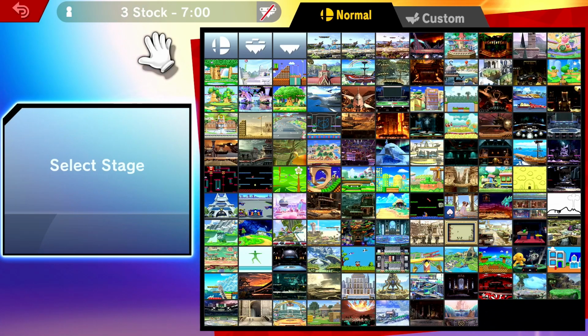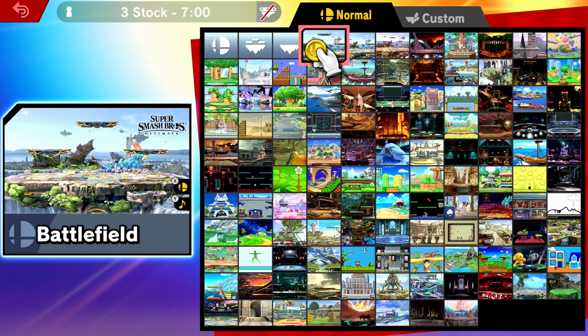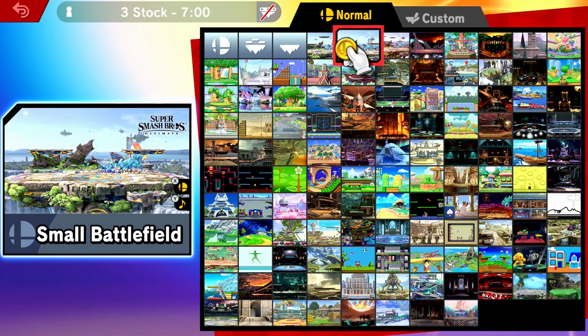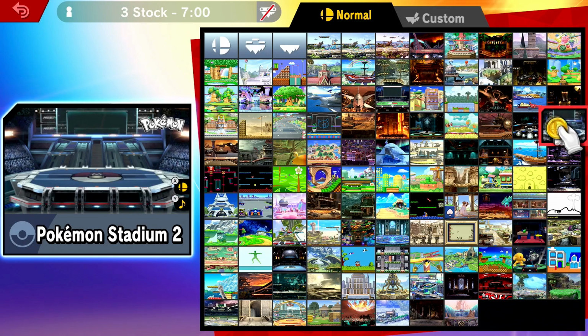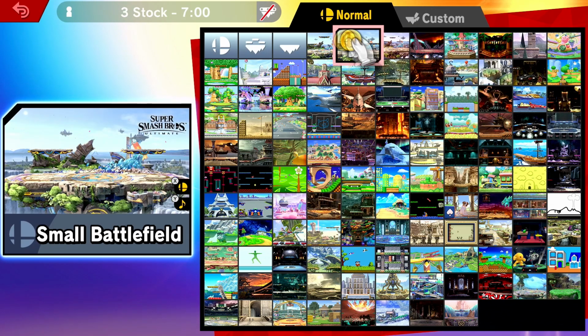Hi, this is a tutorial on how to take your own stage UI for the stage selection screen mod that I uploaded. So what you want to do is go into Smash and select the stages that you are planning on making UI for. And what you want to basically do is take new pictures of them